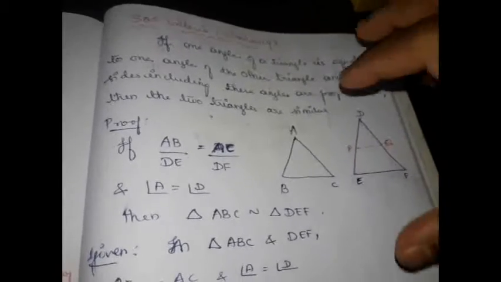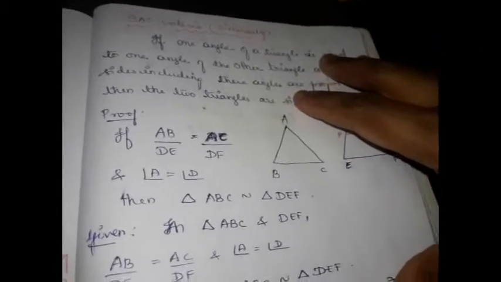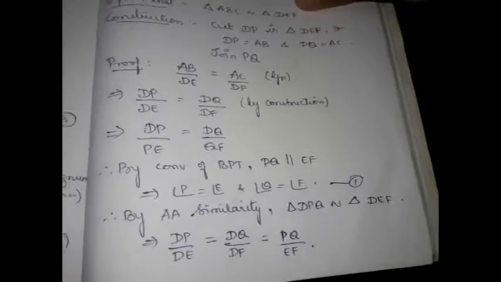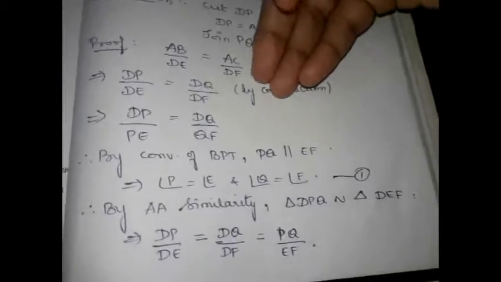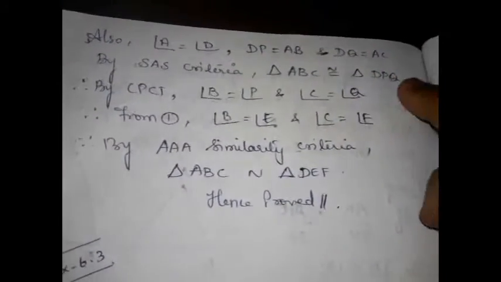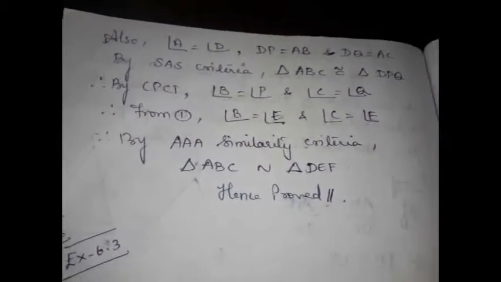Hope you understood. This proof I didn't prove in yesterday's class. I left it to you because this can be proved with a similar argument as we did for the SSS criteria. If you proceed with the same argument, you will arrive at the conclusion, because here it is given that two sides are in proportion, while there they have given all three sides in proportion, right? So with a similar argument you proceed by saying PQ is parallel to EF, then by AA similarity, and then we will prove that the two triangles are congruent, then we will arrive at the conclusion. That's why I didn't prove it for you in the last class.